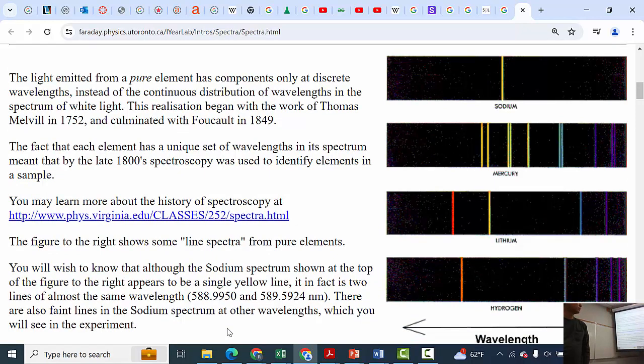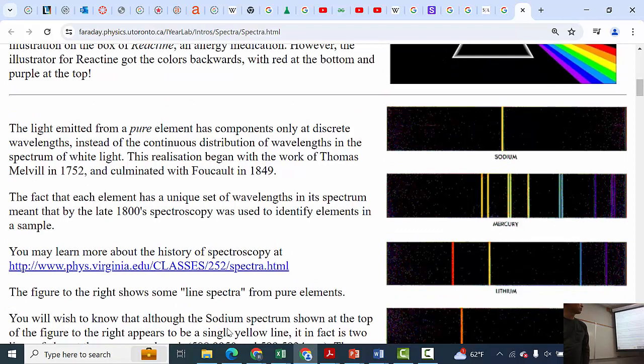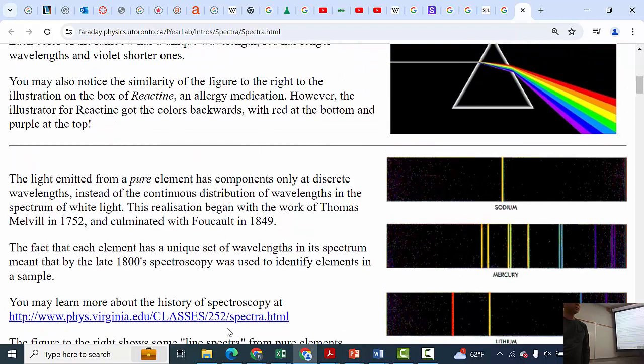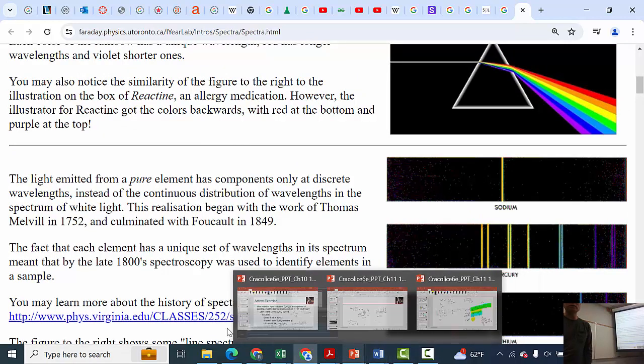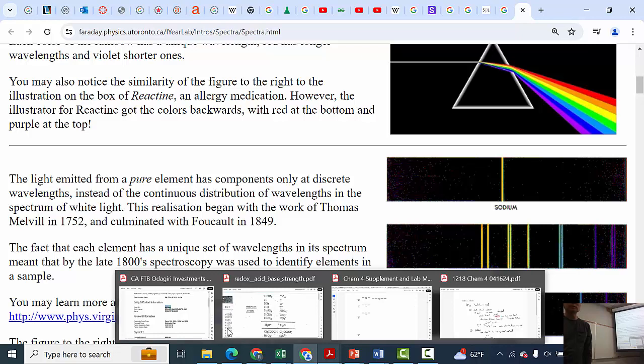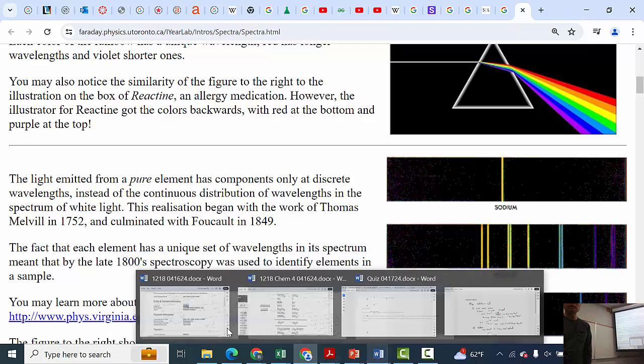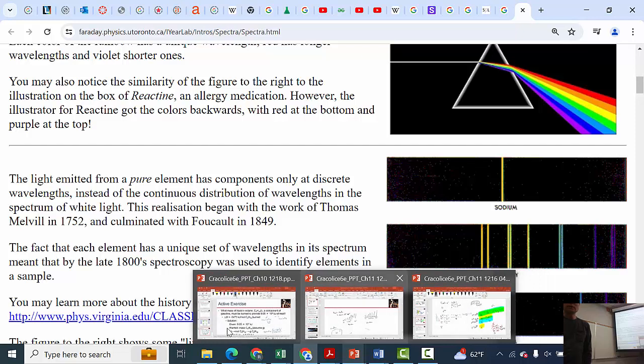Each of these is a fingerprint. Those fingerprints arise from transitions between different orbitals. And there are rules that govern the transitions, which we're not going to talk about. That's all part of quantum mechanics. You can use all those rules to generate the spectrum of this. And so to make a long story short, from quantum mechanics, we generate the allowed energies for the electron,